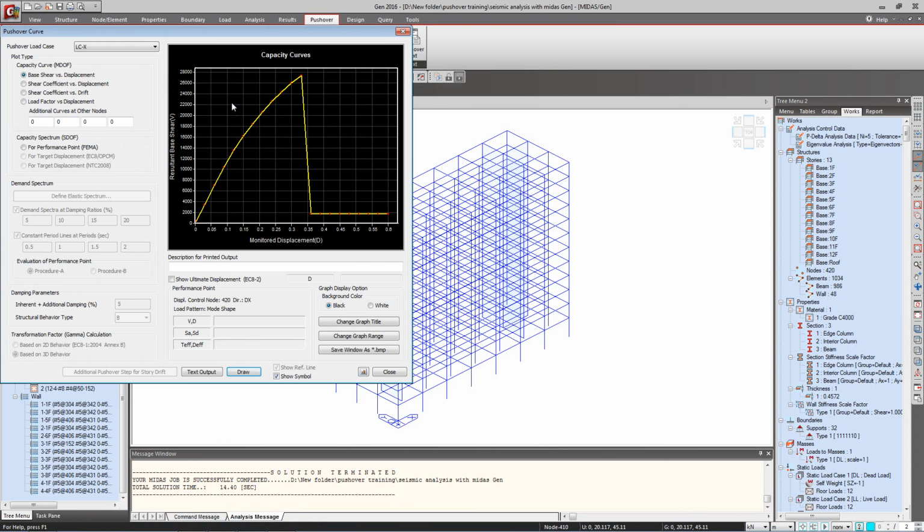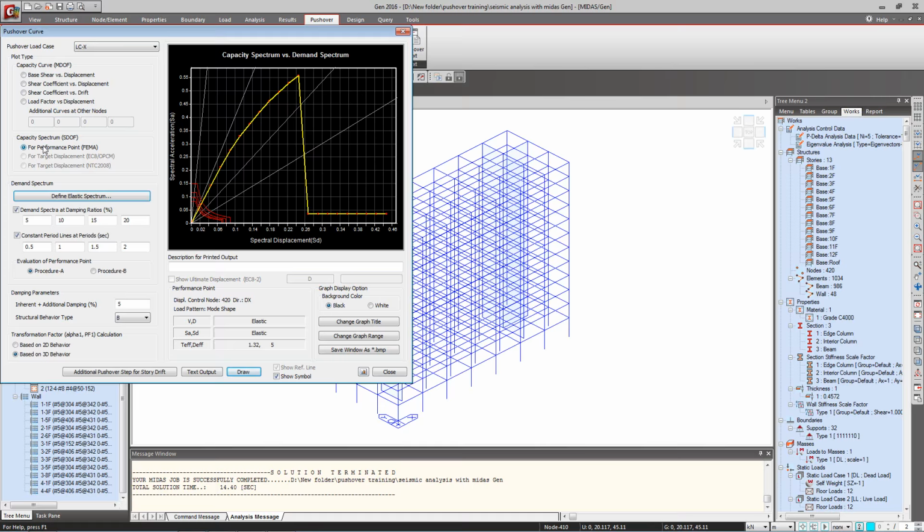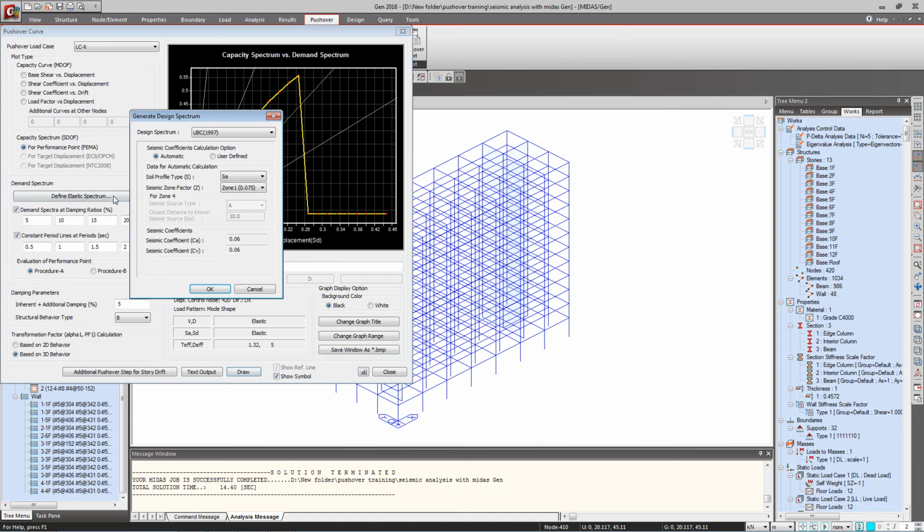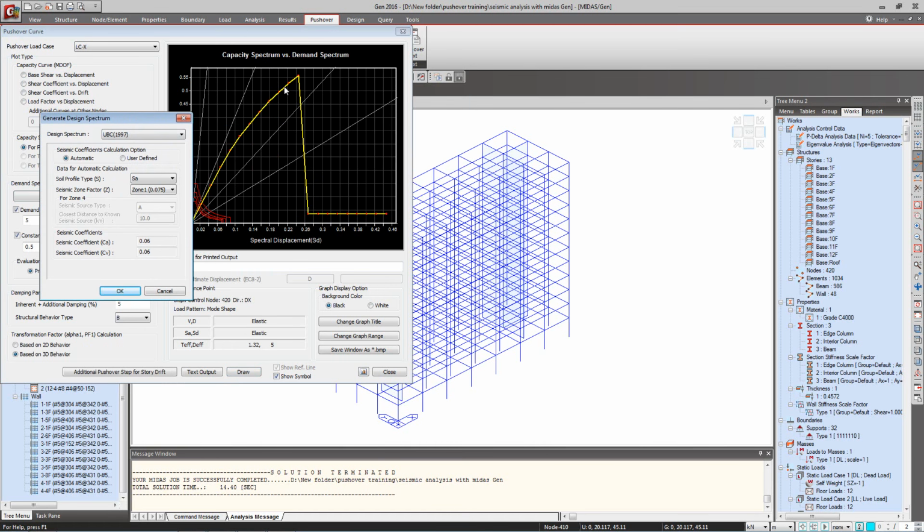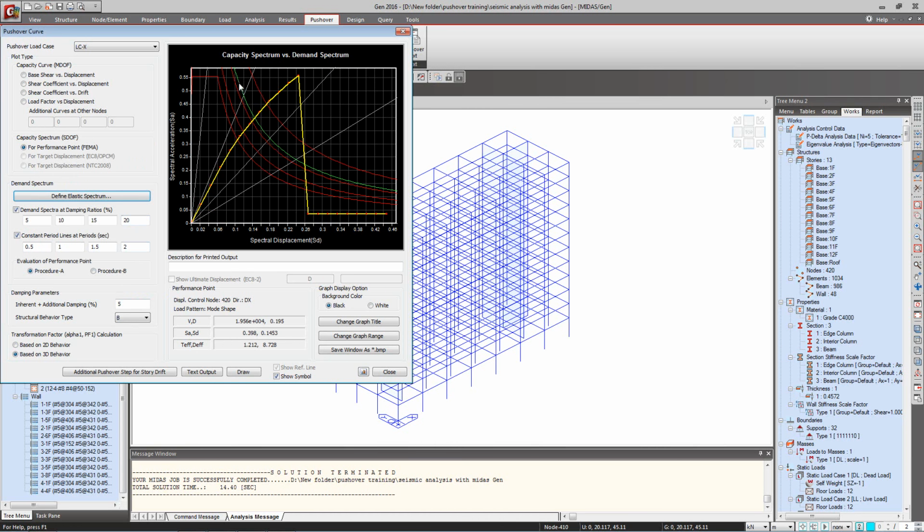Let me discuss the pushover curve again. Basically what we do in here is, this is the base shear versus displacement curve. We convert this, considering the first mode to be the considerate one, into a spectral capacity spectrum, and for the demand spectrum we draw the response spectrum function. Response spectrum function is to be drawn as per the site specific requirements. So whichever definition we used in the response spectrum loading, we use it in here, and it gives us the